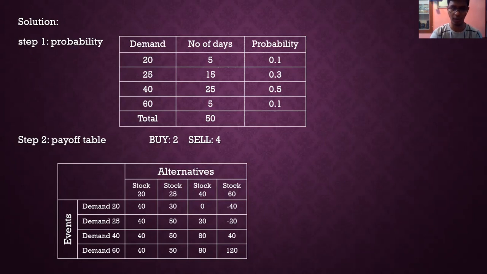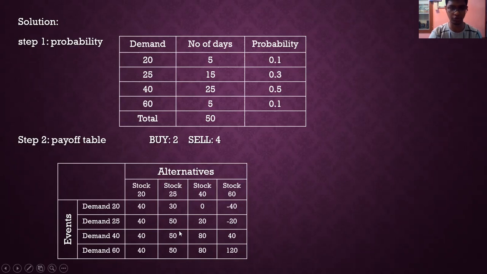So that particular 20 stock, we are meeting the 20 demands and the remaining 5 demand will be ignored because we don't have any stock. So by selling these 20 units, we are making a profit of rupees 40. So 20 into 2, so 2 2s are 4, so 40. So that 40 we are writing it here.